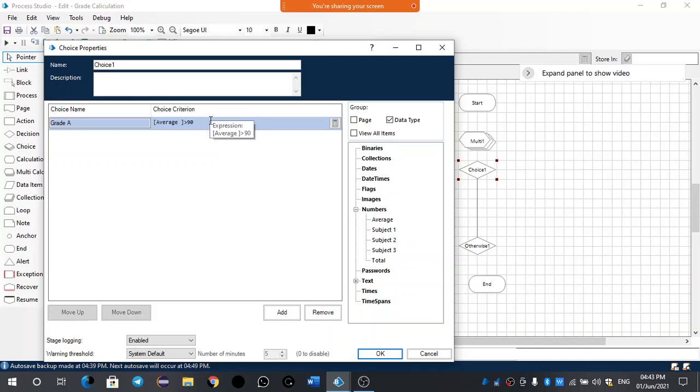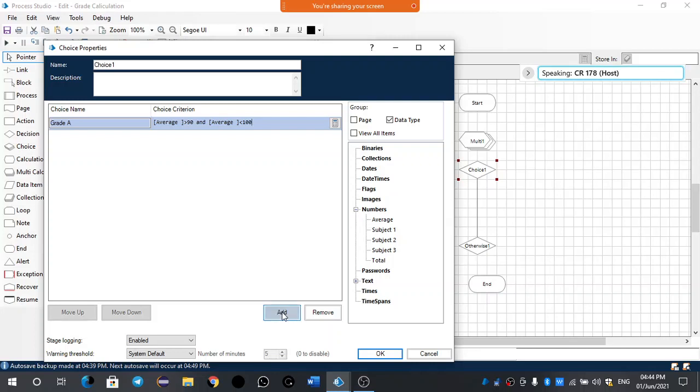AND, type AND, not symbol, sorry, not symbol. Type letters AND and drag average again, less than 100. Okay, this is the first choice, and my choice name is grade A.